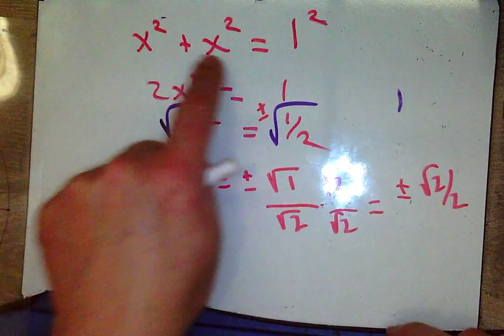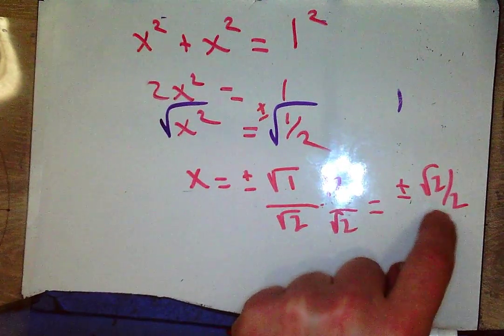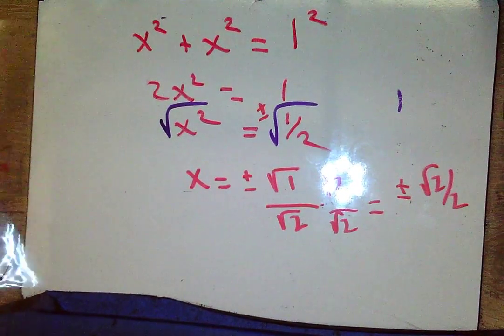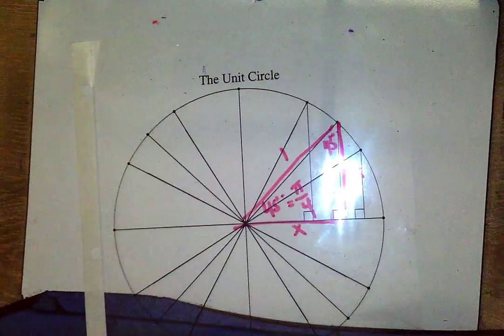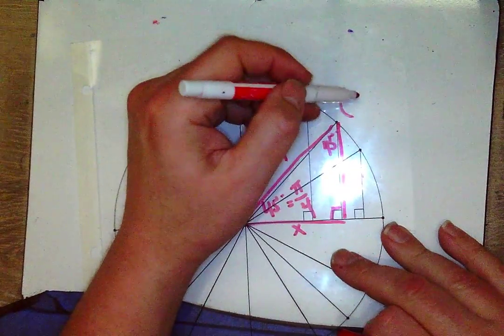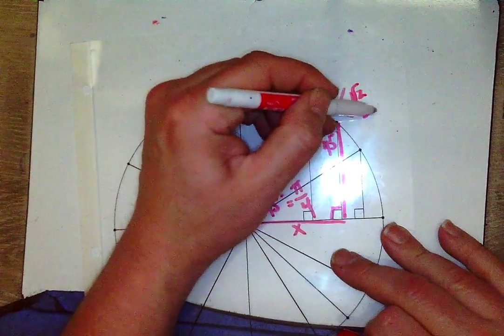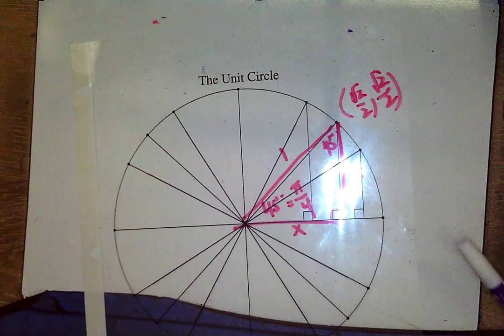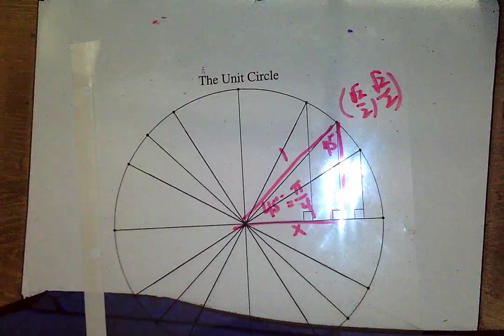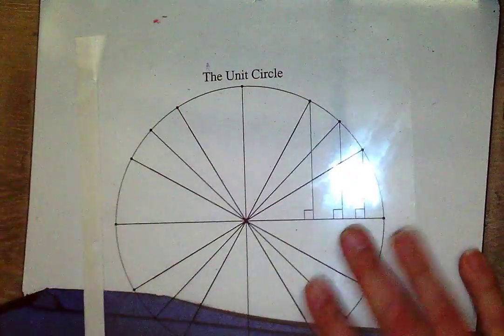And since the sides are the same, both x and y are going to be that root 2 over 2. And so if I look again at my unit circle, here at pi over 4, I have root 2 over 2 and root 2 over 2. So that's where those values are coming from. Okay? Next, let's talk about